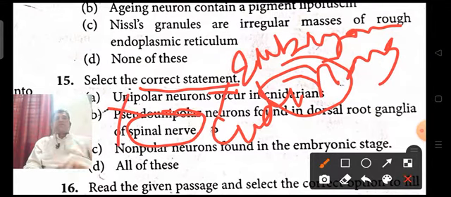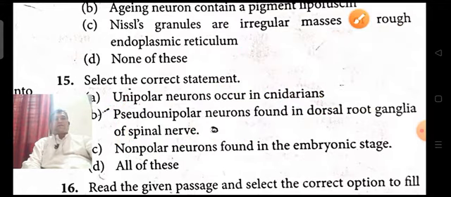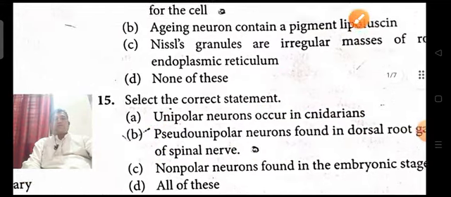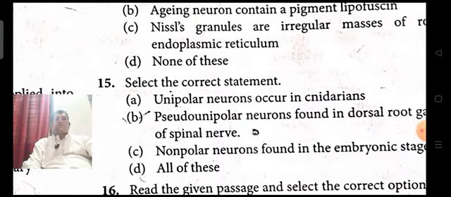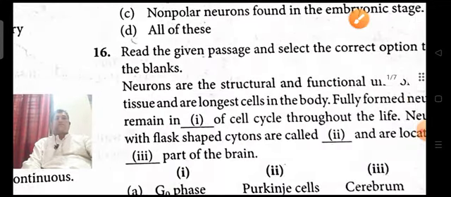So this statement is wrong, and for the non-polar or unipolar statement, that is found in the embryonic stage. So here option B is the right answer. Option B is the right answer. Next,